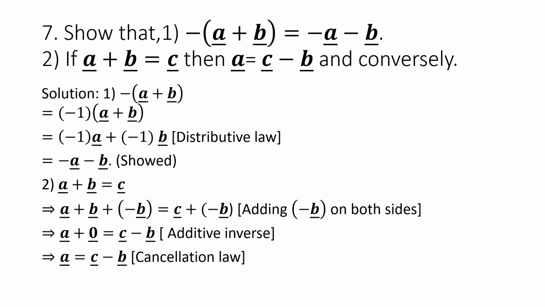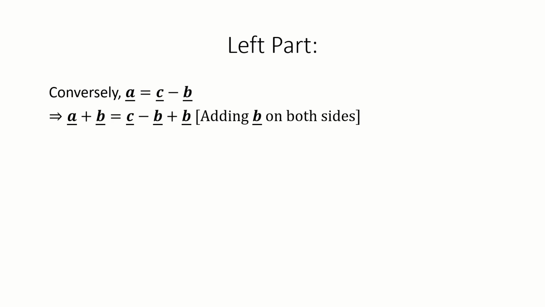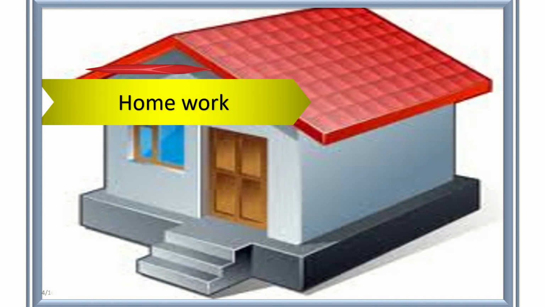Okay, now conversely we can write A vector equals C vector minus B vector. Adding B vector on both sides we will get this. Clear? A vector plus B vector equals C vector minus 0 vector, additive inverse also used here. This equals A vector plus B vector equals C vector, cancellation law. Hence proved. And now you can easily solve the problem